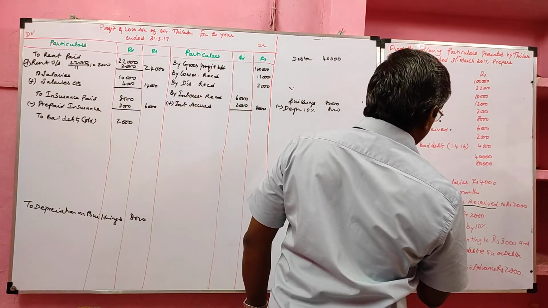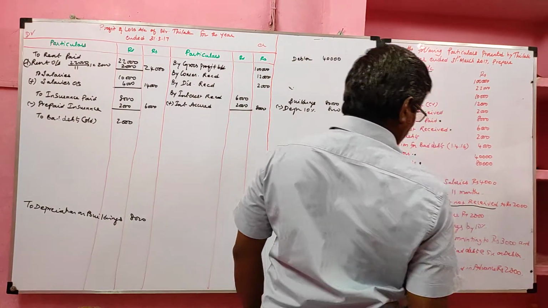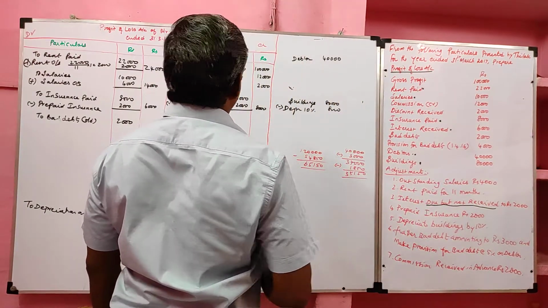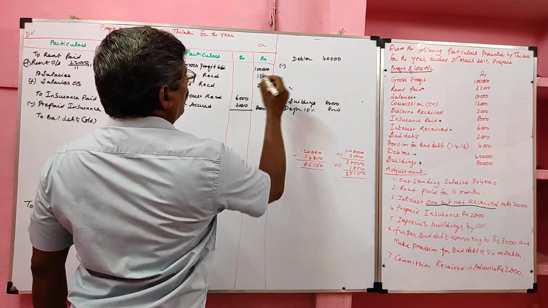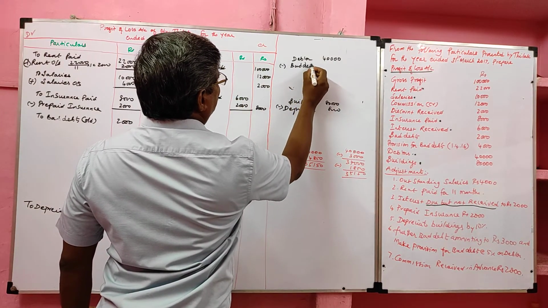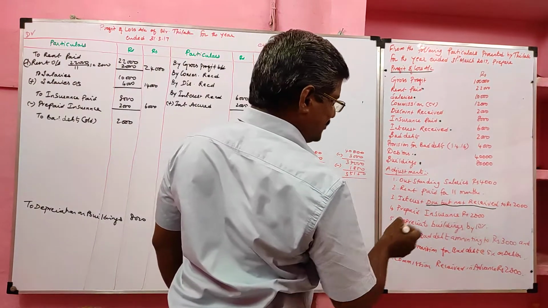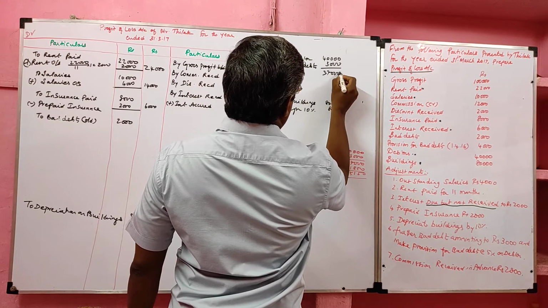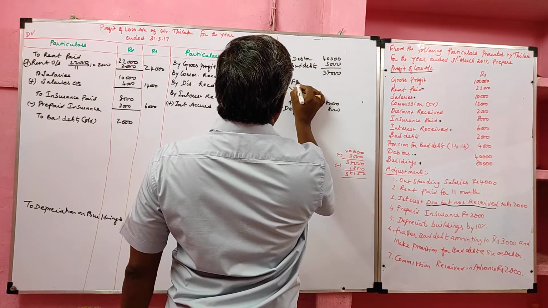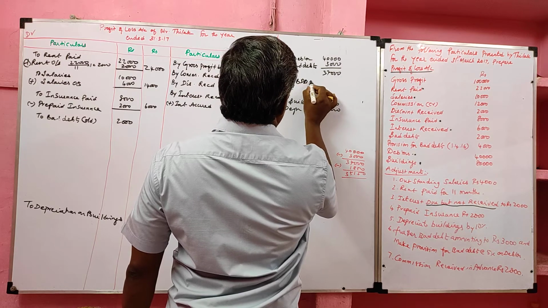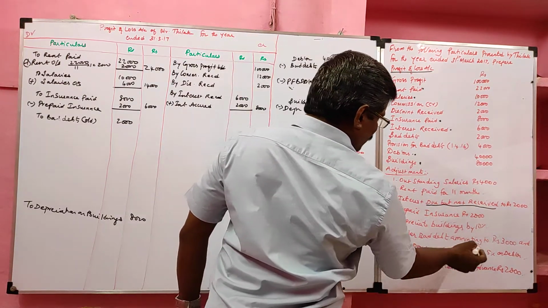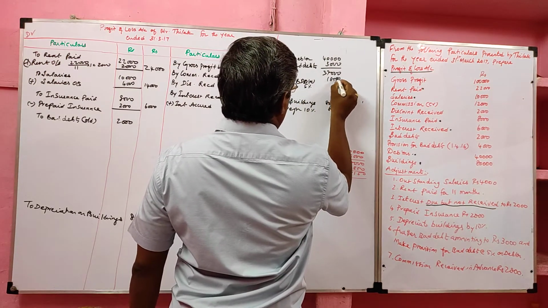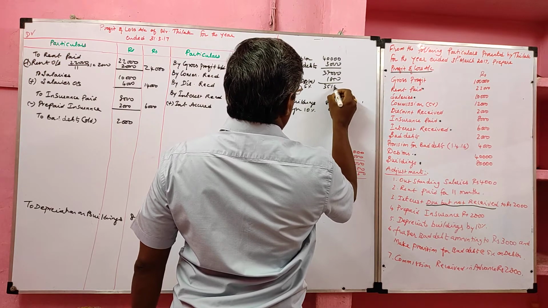Next, further bad debts amounting to 3000 and make a provision for bad debts at 5% on debtor. Students, first we have to deduct new bad debts. Bad debts value how much? 3000 new bad debts. So balance 37,000. On that we have to create provision for bad and doubtful debts. New provision for bad and doubtful debts, how many percent? 5% we should create on 37,000. Its value 1,850. So balance 35,550.